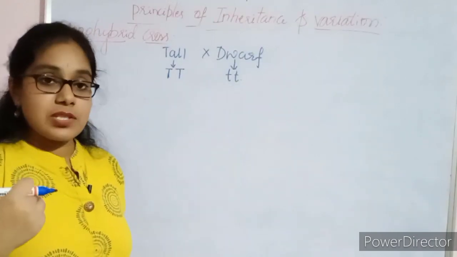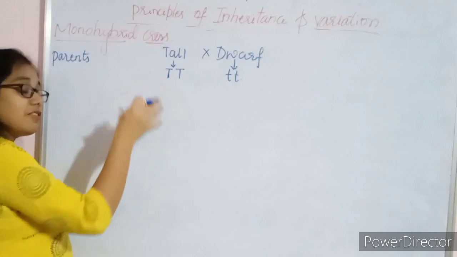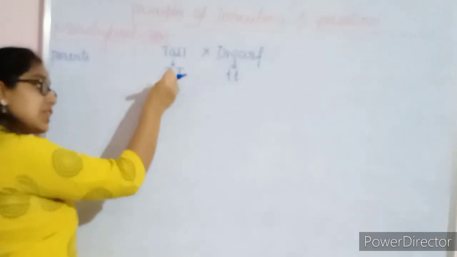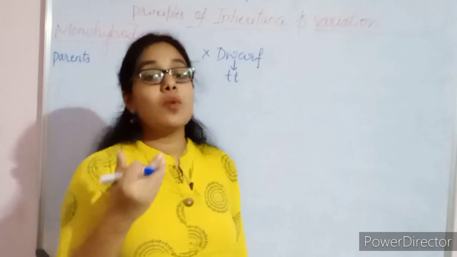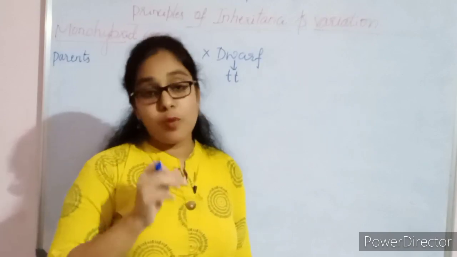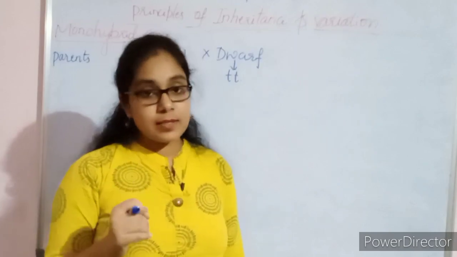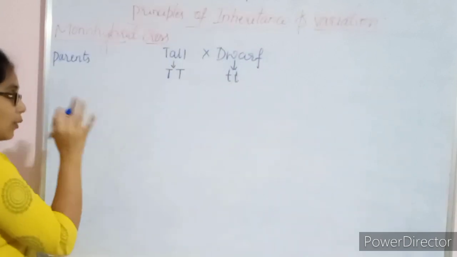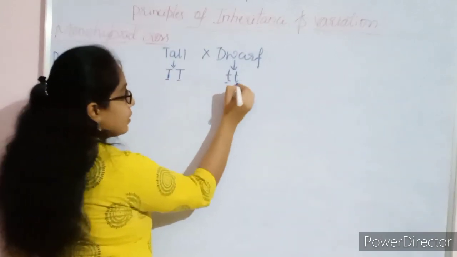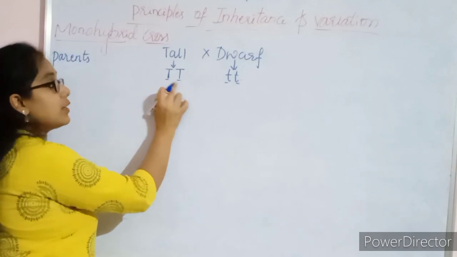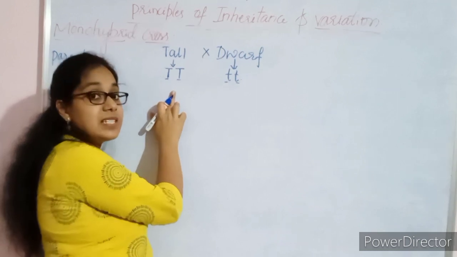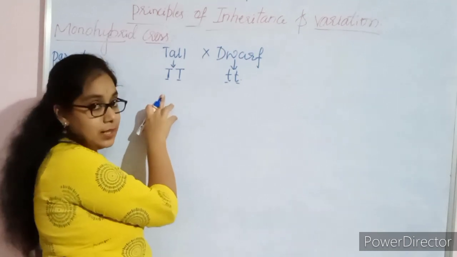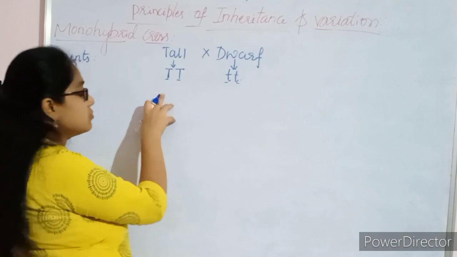You might ask why we represent the tall character with a capital letter and the dwarf character with a small letter. Why can't we do it vice versa? It is highly impossible. I'll tell you later why it is so. One more doubt you might be having: why are we writing 2 different alphabets here? That means why are we using 2 alphabets instead of only a single one? Why? Because,